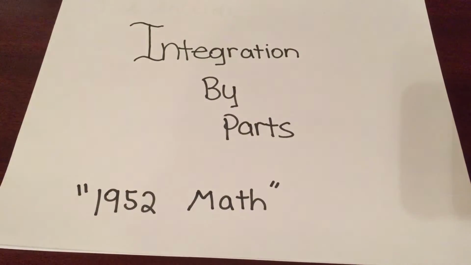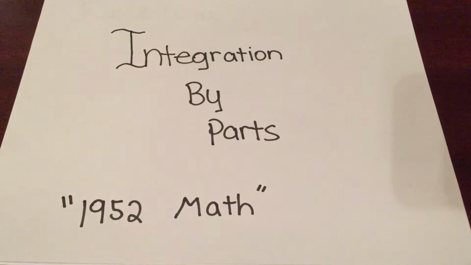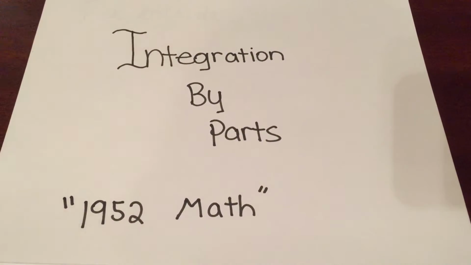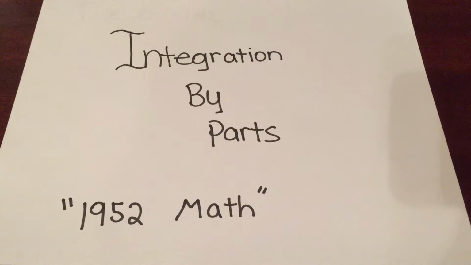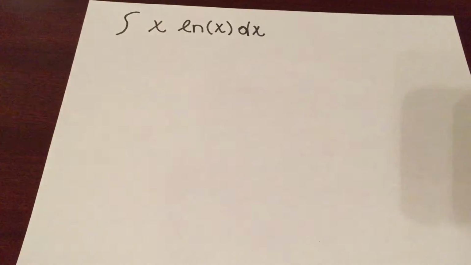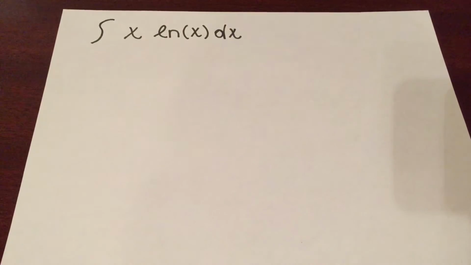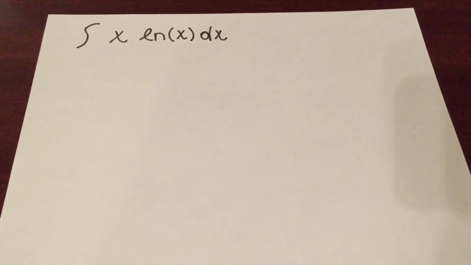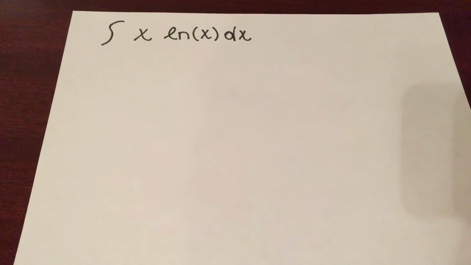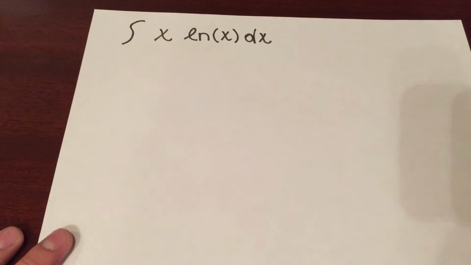All right, in this video we are going to integrate by parts utilizing what Dr. Adamson calls 1952 math. So we are going to be doing problem 5, and problem 5 is you're finding the indefinite integral of x ln of x dx. So to utilize 1952 math, which is integration by parts, we are going to